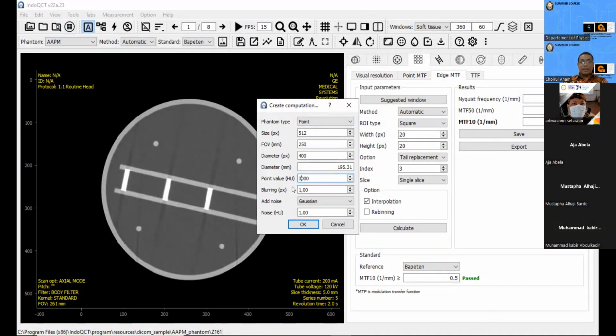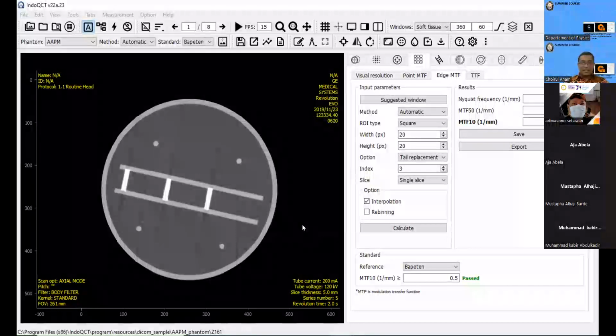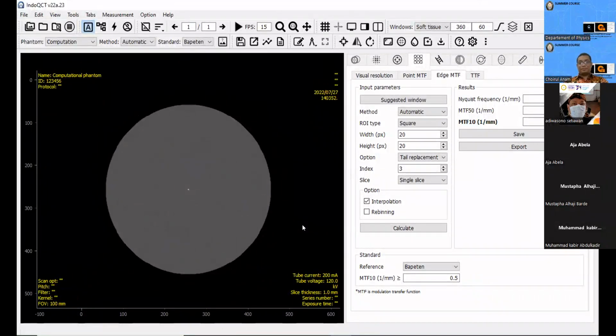In this example I will use a very small FOV, maybe 100, and for the blurring I use 1 pixel, and I develop the computational phantom.